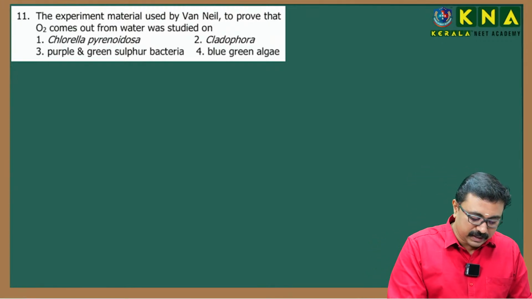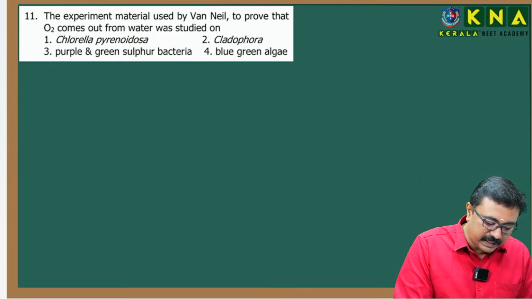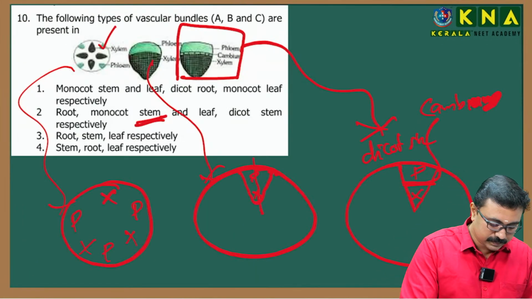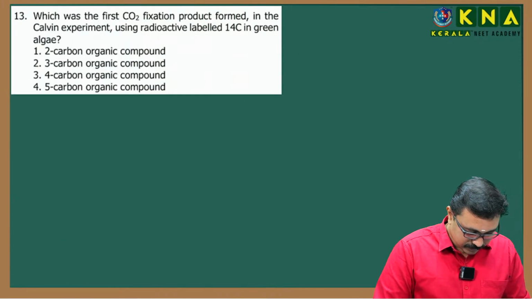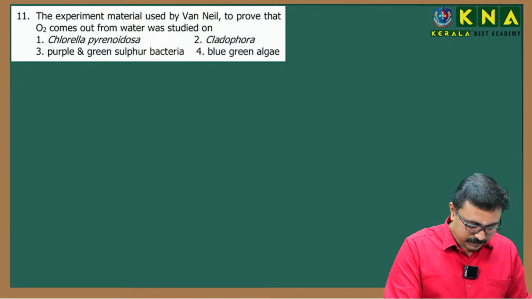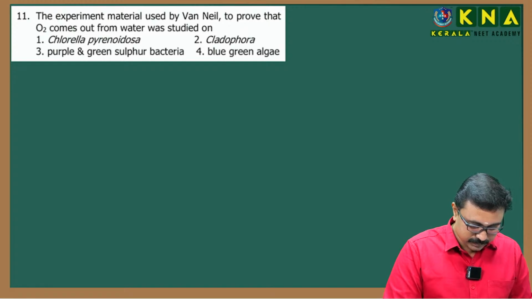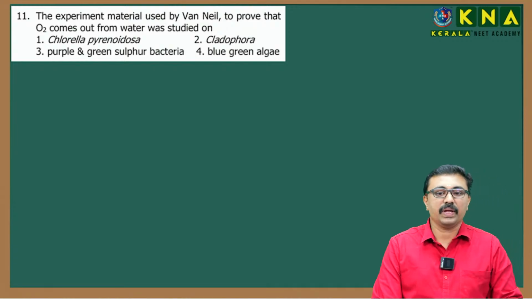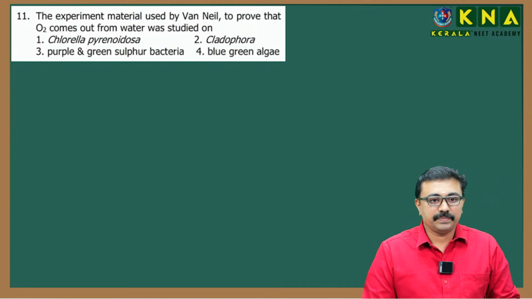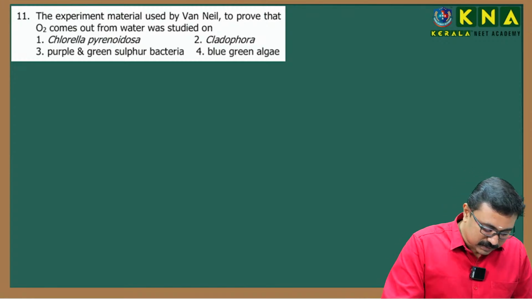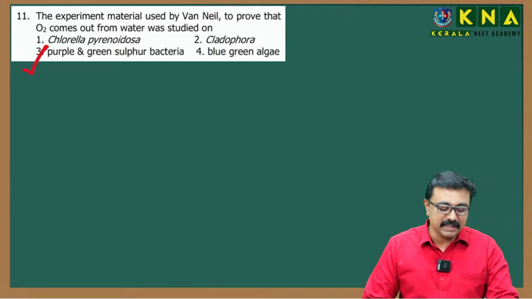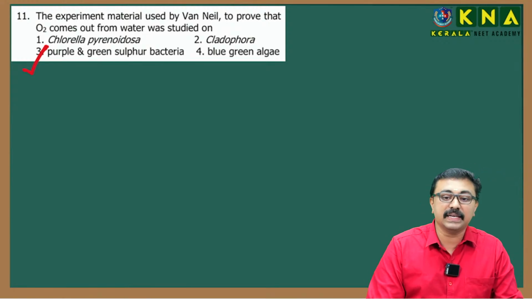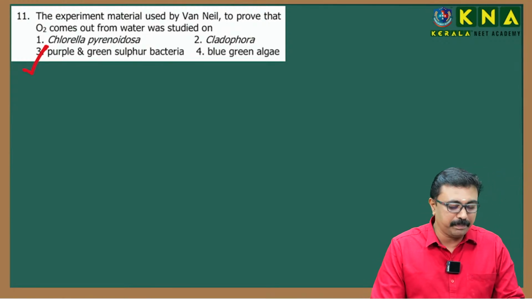The question is actually about Van Niel's experimental material. Can you answer the question? Okay, so the option is, very good, option 3, purple and green sulfur bacteria,